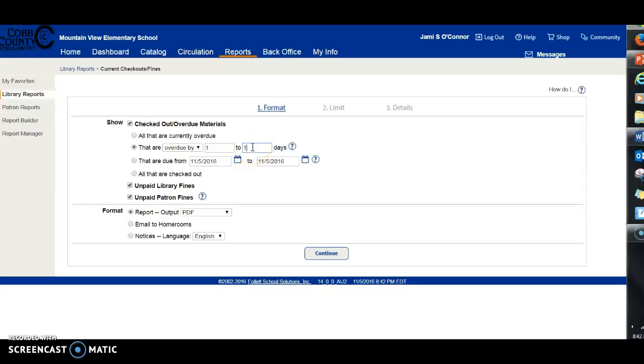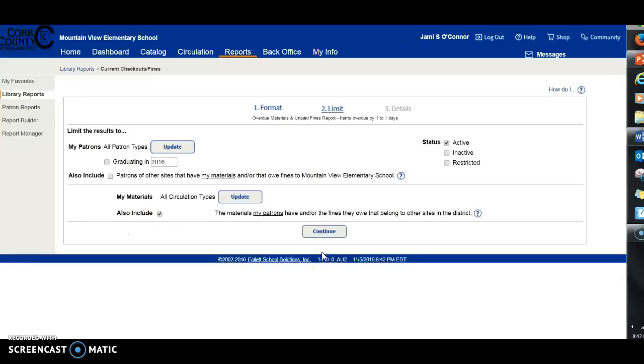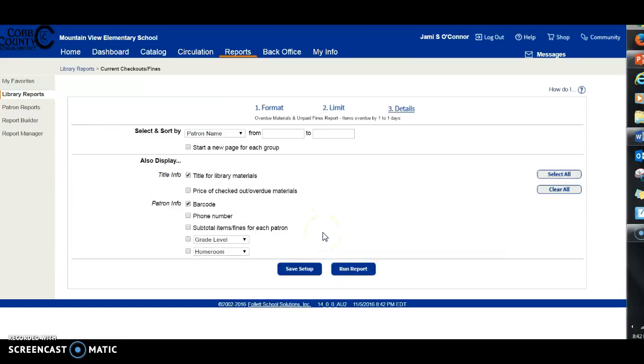Now, the reason I'm doing this is because if I run it, student information will pop up, and I don't want to breach their confidentiality. I'm going to click continue. We'll just do graduating in 2016. The nice thing is you can also click patrons of other sites that have my materials, meaning you might have a 5th grader that jolted off to middle school and did not return their book, so you can see it. We're going to click continue,